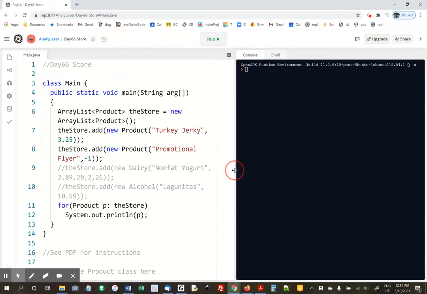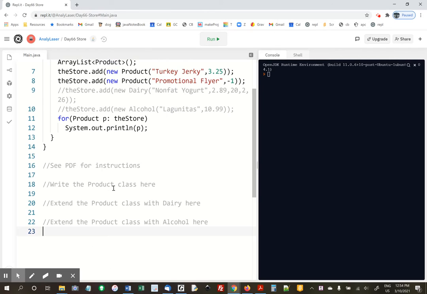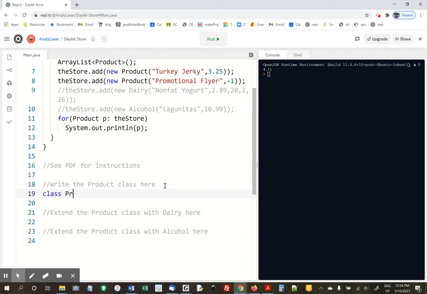All right, I'm going to work out the store problem. So open up the PDF. We're going to write 3 classes. There's these tests up top here, and we're going to uncomment these additional tests after we finish the first one. So we're going to write the product class here. So we say class product,